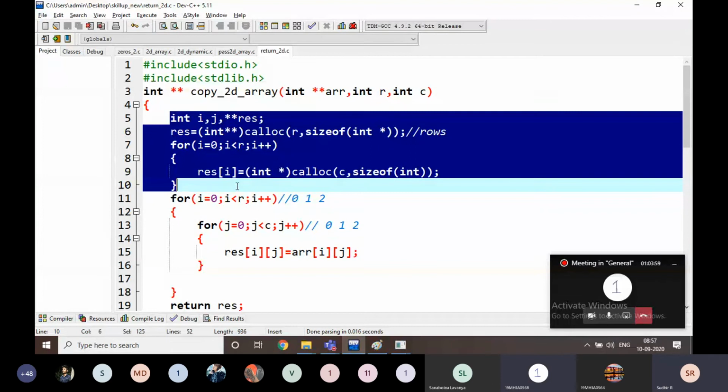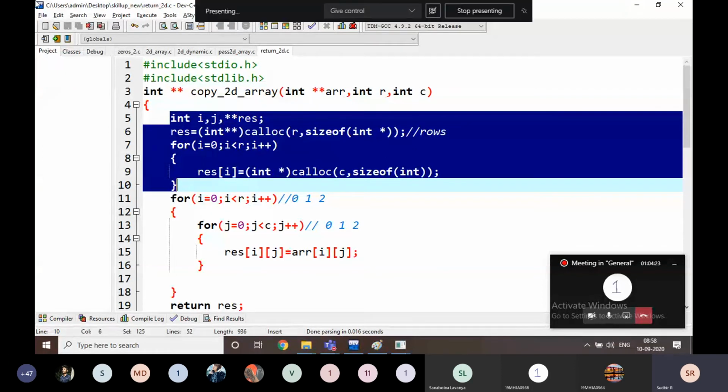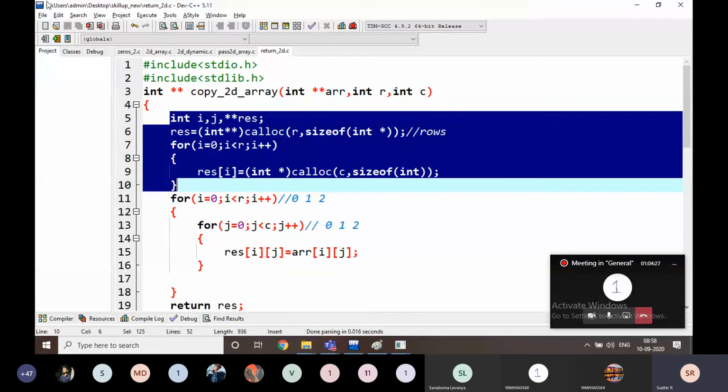Here there are four operations. First one is static memory location. The second one is how to allocate dynamic memory. The third one is passing a 2D array into the function. And the fourth one is returning a 2D array from the function. These are the four operations every time. The same four operations I also dealt with for the 1D array, and now I am dealing with the 2D array. That's it. Nothing else.